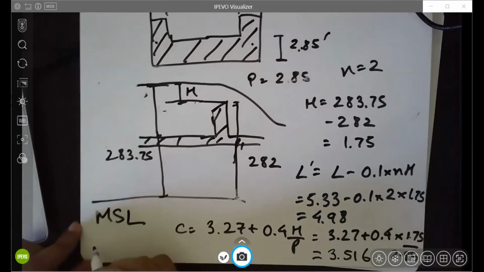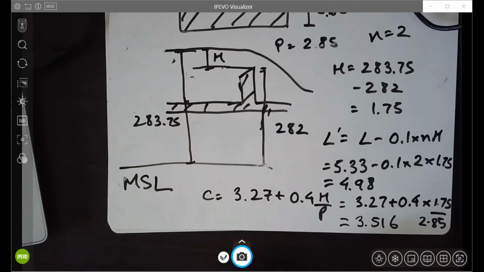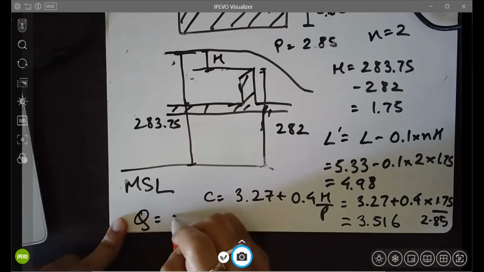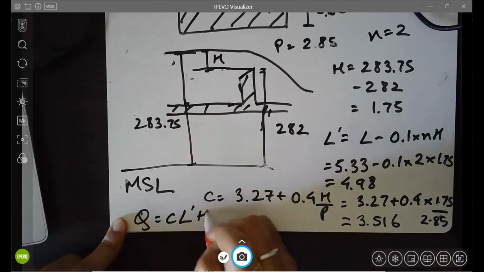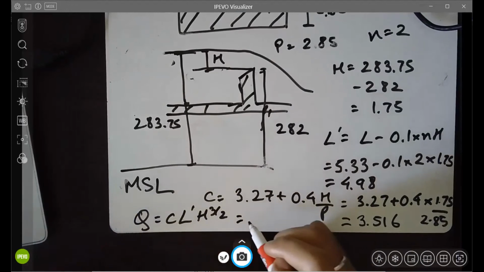Okay, so Q is C into L dash into H to the power 3 by 2. You put these values in,